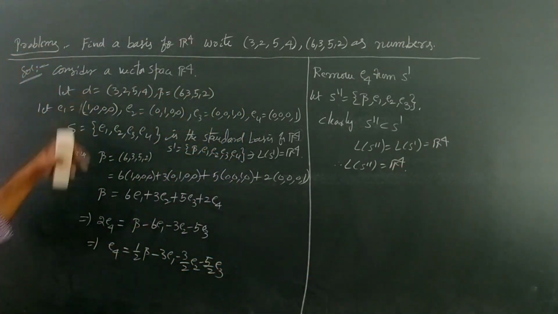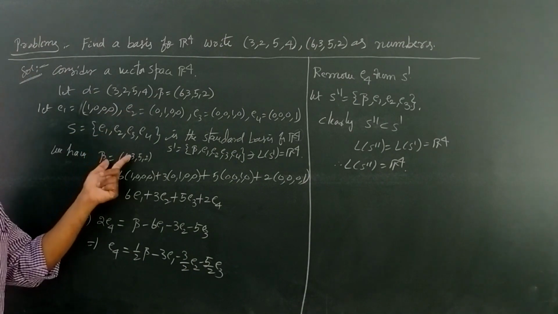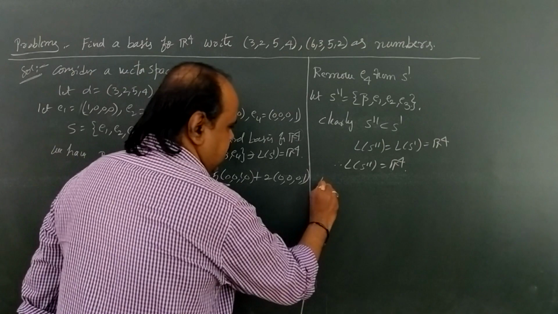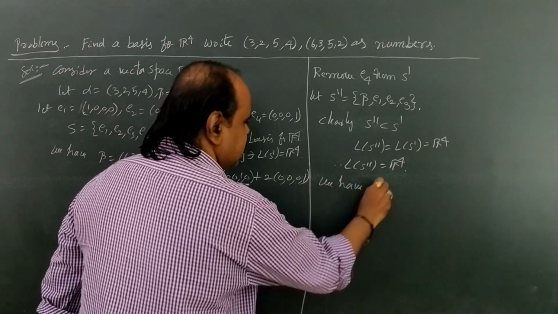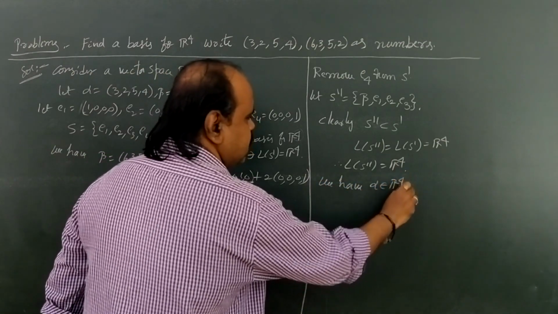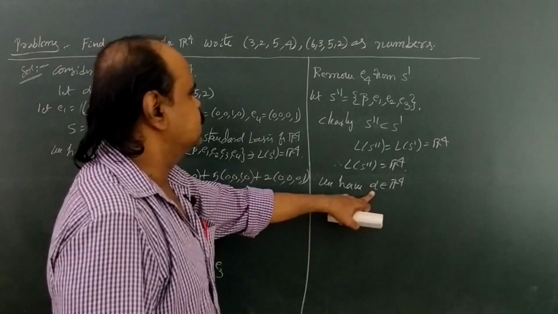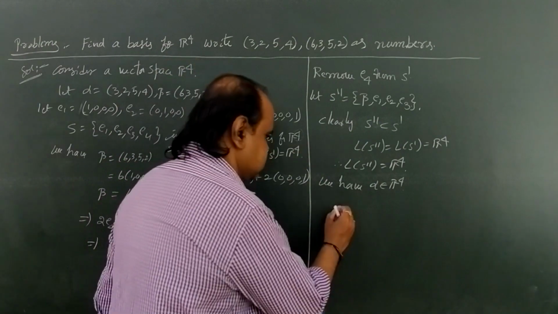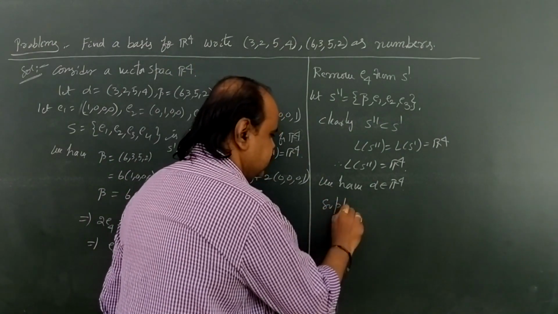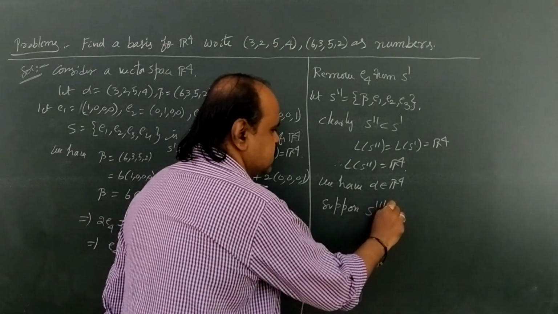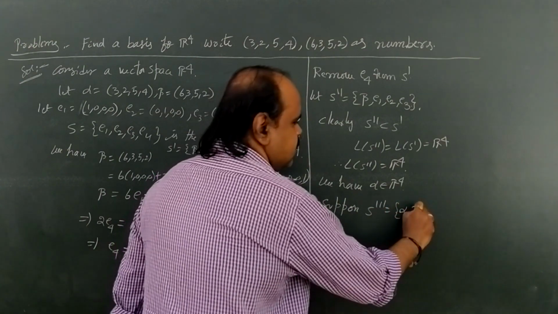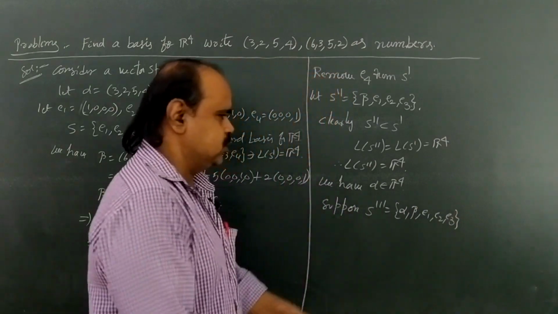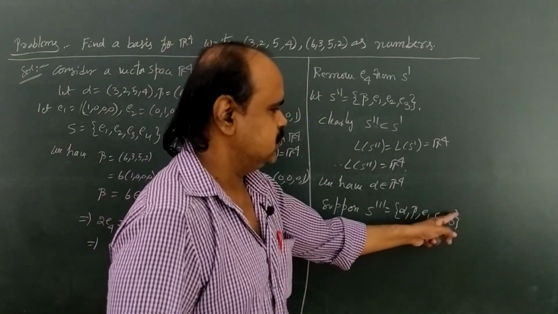Now come to alpha. We already say from beta we can continue the procedure from beta. Now I come to alpha. We have alpha belongs to R power 4. Now add this alpha to S double dash. S double dash ని vectors కి alpha కలపండి. Let it be S triple dash. Suppose S triple dash equal to alpha, beta, E1, E2 and E3.